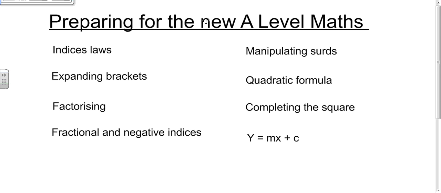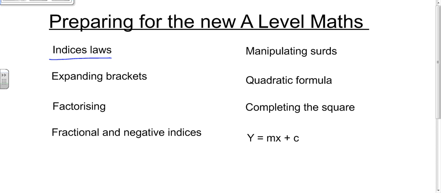Hi everyone, these are the videos for the new A-level maths if you're taking it in September. Now what we're going to do is at least 8 videos looking at different skills. All of these skills you should have come across in year 11 anyway, but it's important that these skills are going to underpin everything else. So the first video that we're going to have a look at concentrates on indices